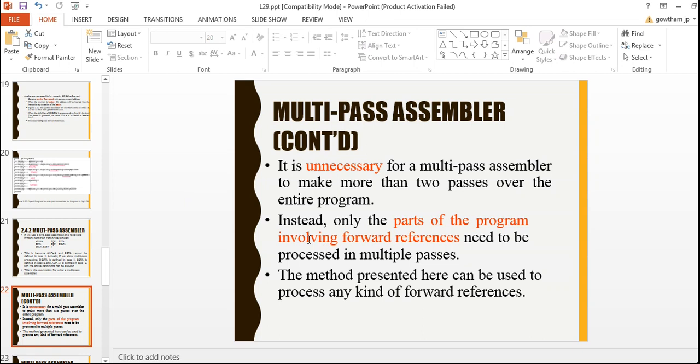Only the part of the program involving forward references needs to be processed with multiple passes. So instead of considering the entire program, consider only the instruction symbols involved in forward references and apply multiple passes there. This method is presented here, showing how to solve the forward reference.